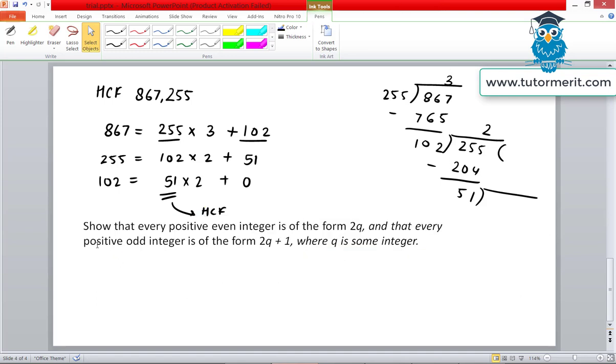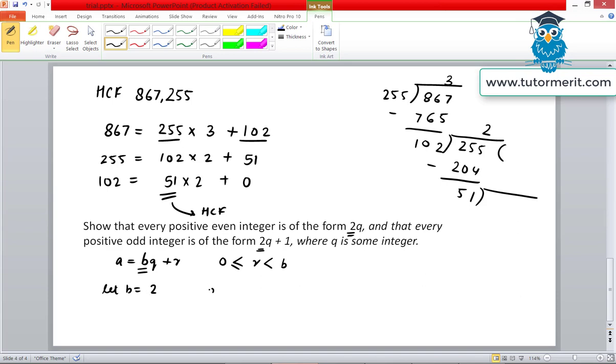Now to be able to do this, just remember we used to write in terms of a and b. So a is equal to bq plus r, where r is greater than or equal to 0 and less than b. This is my Euclid's lemma. Now here you can assume that b can be any number. So try to find out what the expression looks like. So this is here 2, here 2. So I will assume let b is equal to 2.